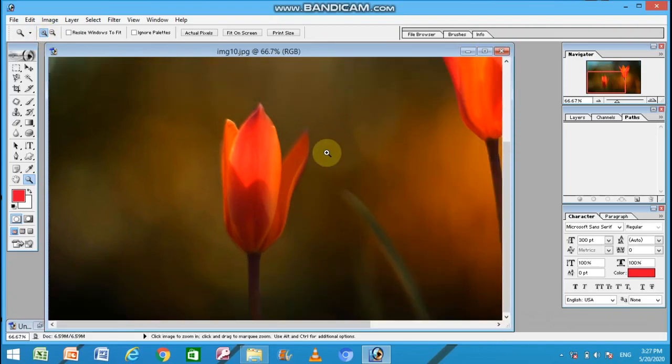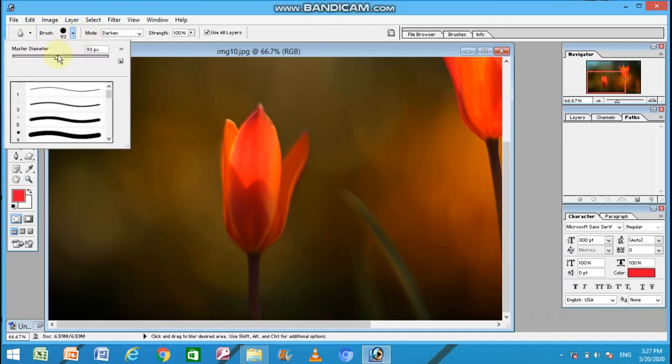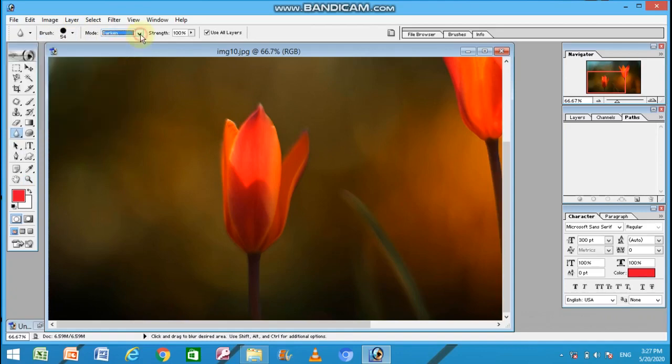Now let us blur this part of the image by using the blur tool. Select the blur tool. The size of the brush you can adjust from here. Which type of blurring you want, you can select the mode from here, and strength according to your requirement.